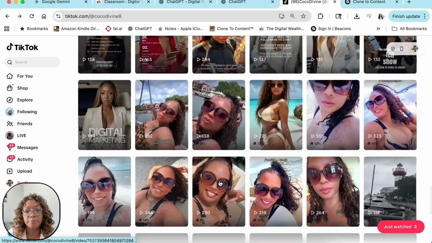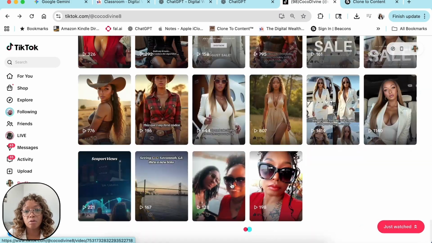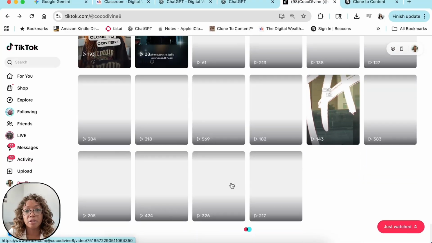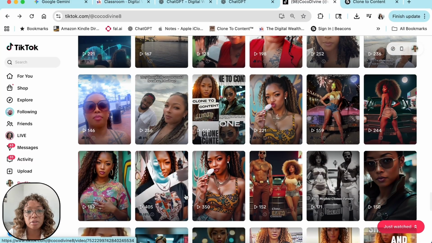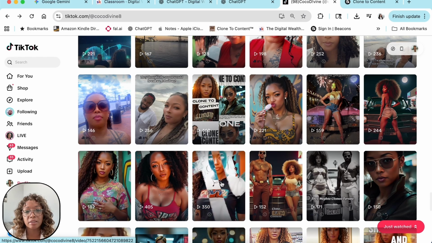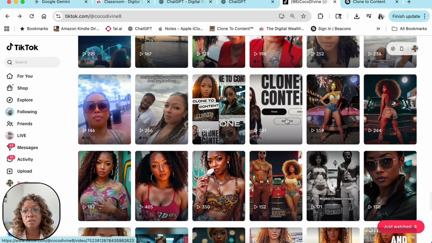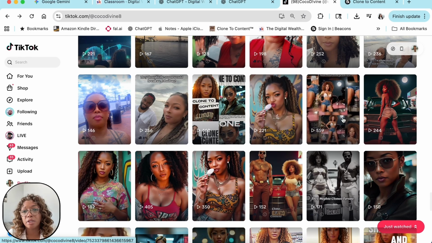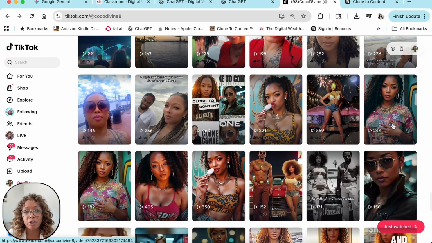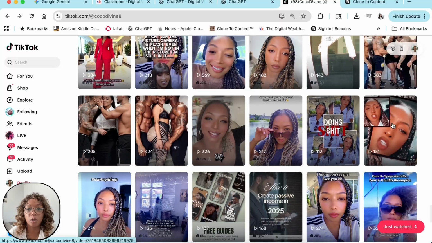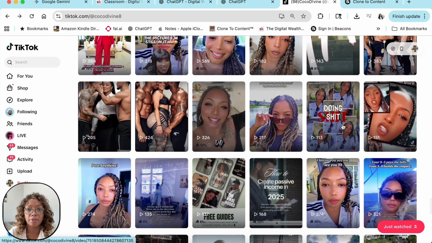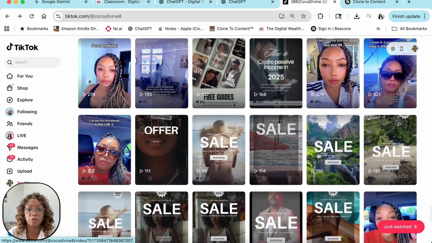So it's just different. And if I scroll all the way back before I really started, this is when I first started with these twins. You can see, this looks like me, but then it really kind of doesn't all the time. You know what I'm saying? So that's why I had to retrain my model so it could look more like me and less like a cartoon. Okay. So the courses teach you how to do all of that. So as you can see, all this down here is more me. This was before I started getting into the AI.